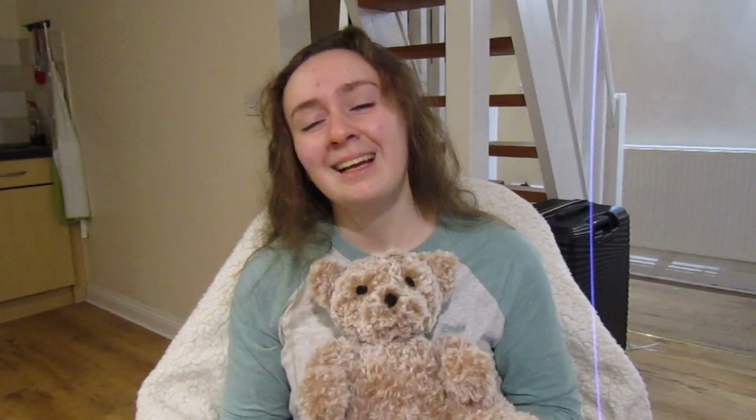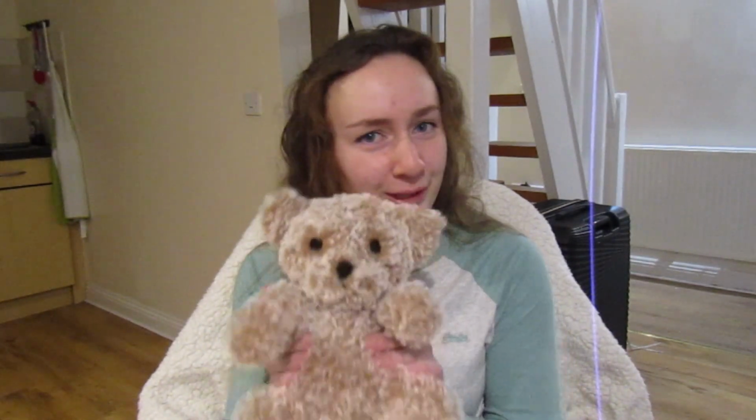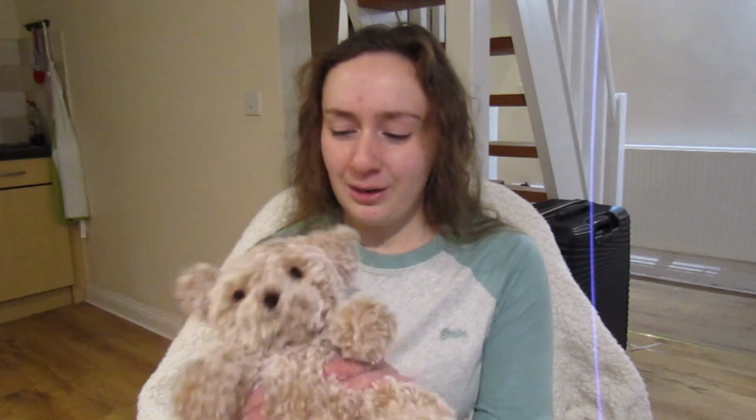So as cute as this little fella is, I think he will have to be a nice little shelf ornament, at least for the first 2 years, until the baby gets beyond the I-want-to-shove-everything-in-my-mouth phase. But yeah, I just wanted to show you guys him because honestly I kind of want one for myself now, and since I have the pattern and I've practiced through trial and error with this wool, which was really hard to work with, insanely difficult,